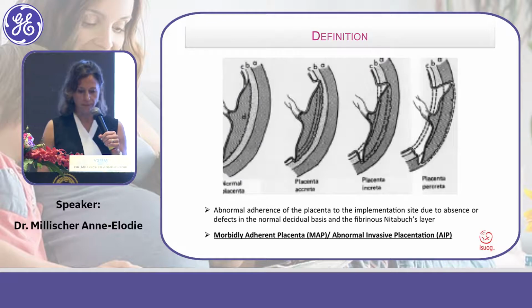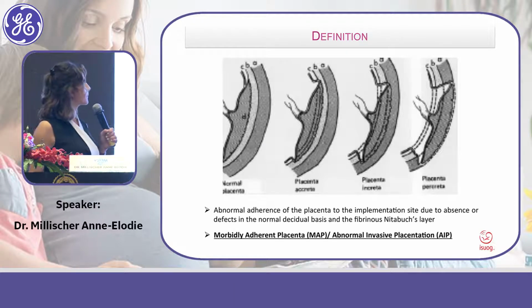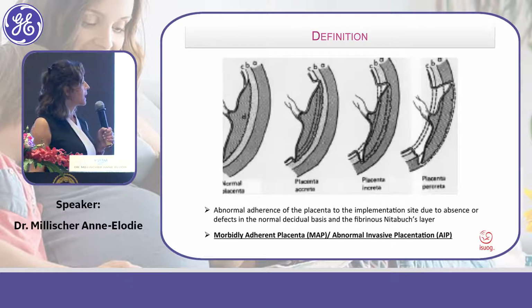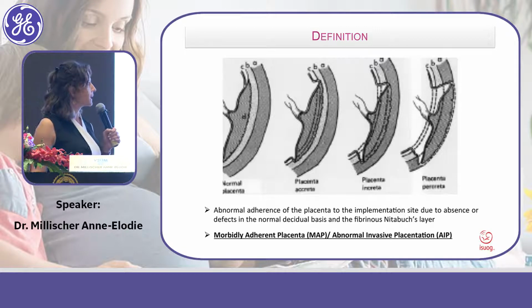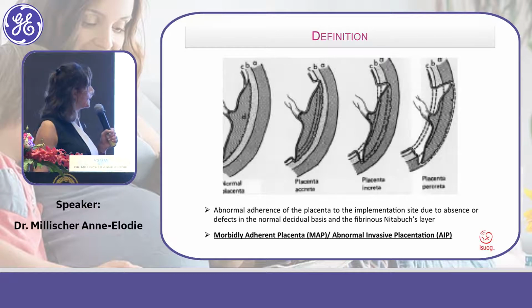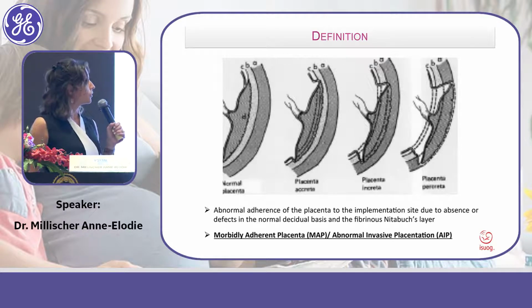Cái thể đầu tiên là Akreta là nó sẽ bám qua cái lớp nội mô ha, rồi sau đến cái thể thứ hai là cái thể Ingrata, nó sẽ bám tới lớp cơ và có thể gần tới cái thanh mạc luôn. And placenta percreta is the most severe form of the MAP, means that the placenta going through the